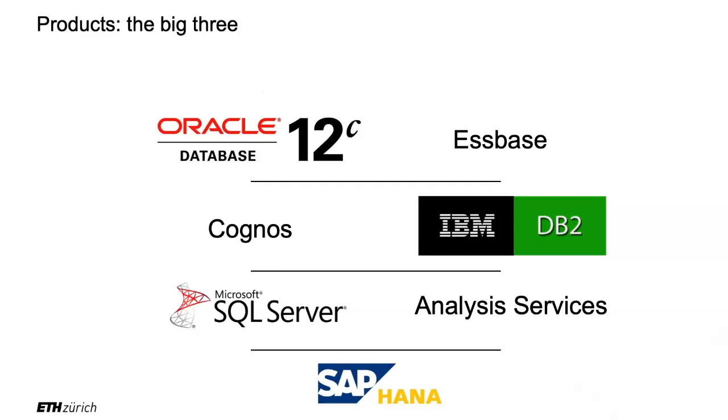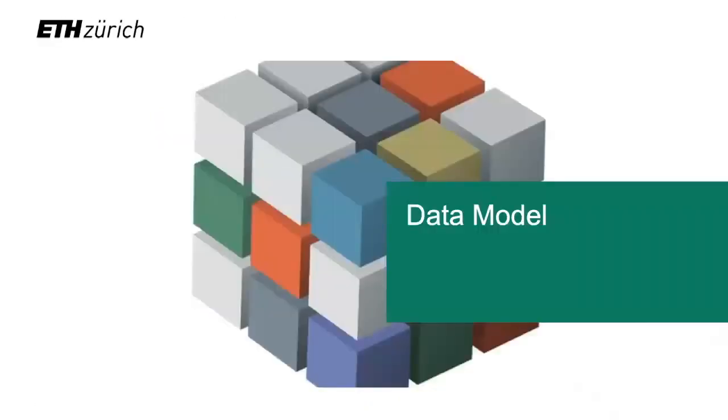These are the big three, plus SAP. So there's actually these 4 big players, right? And so S-Base is the name of the OLAP/data cubes in Oracle, Cognos for IBM, analysis services for Microsoft, all right? Okay, so this is for the historical perspective